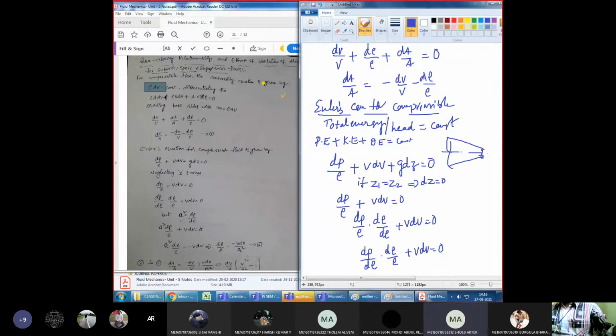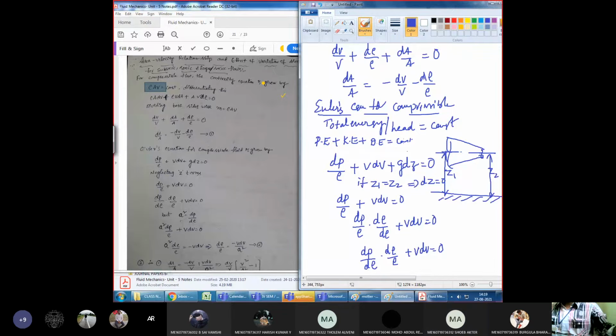Sir, the heights at the two sections of the nozzle are different. No, from the datum, let us say this is my reference. This is the inlet, this is the outlet. Measure this distance and this distance. This distance we call Z1, this distance we call Z2. Let us assume this nozzle is horizontal, then this distance will be the same. The cross section is different, but the axis will be horizontal, the same center line. Got it? Yes, sir. Right.